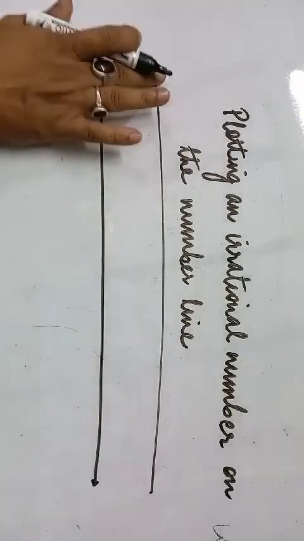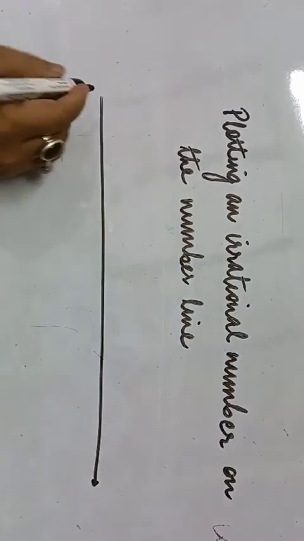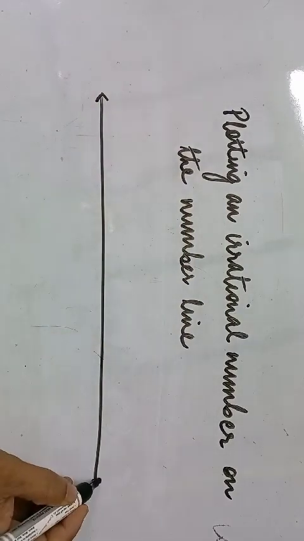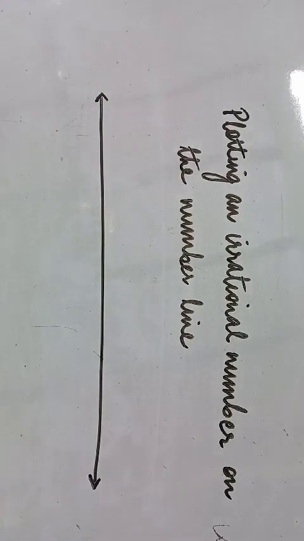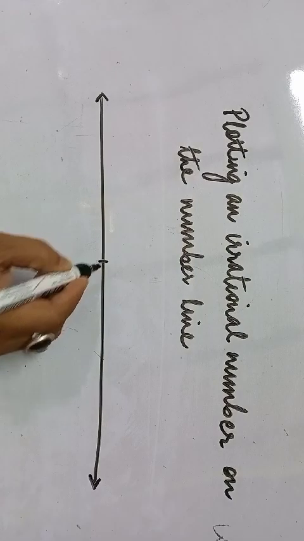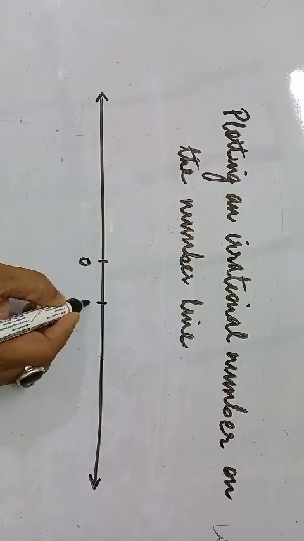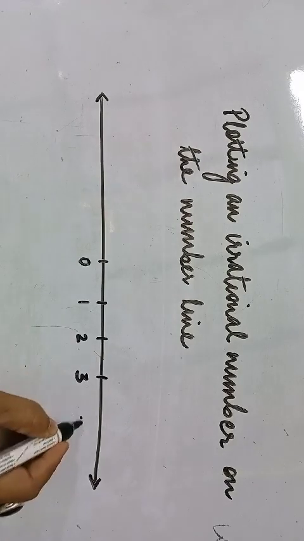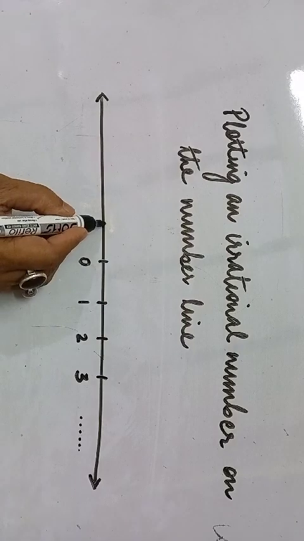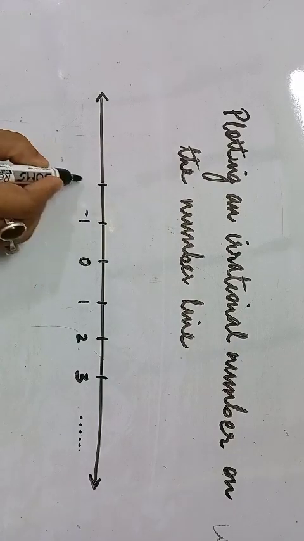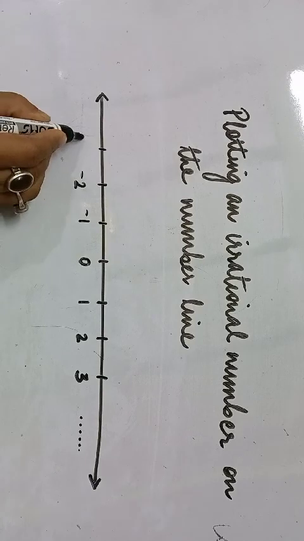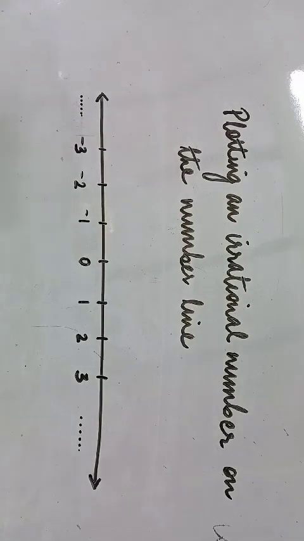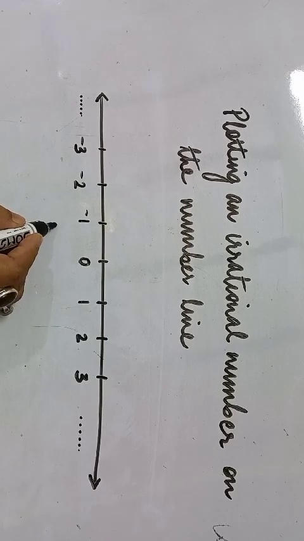Let's suppose that we have the real number line. So we draw a straight line with two arrows at both ends. Let's say we have a 0 here, we have 1 here, we have 2 here, then 3, and so on. Similarly on the left side we have -1, -2, and so on. So you see, if you have to plot a number, let's say 2,